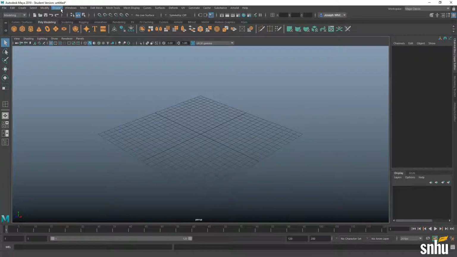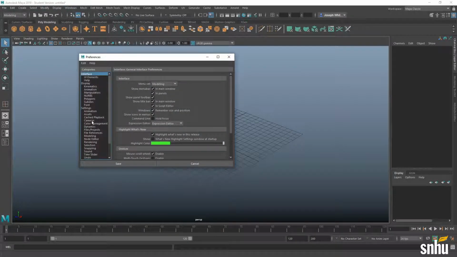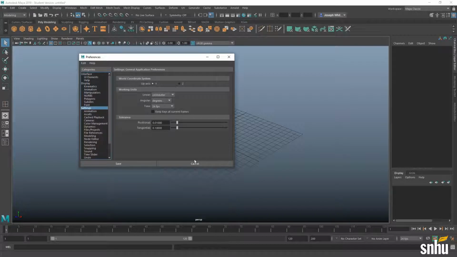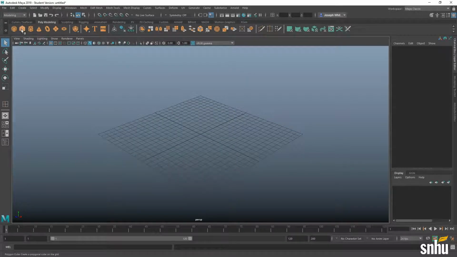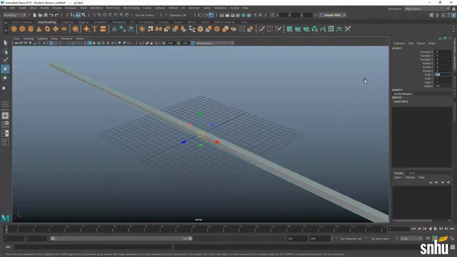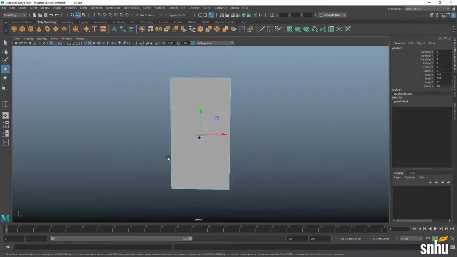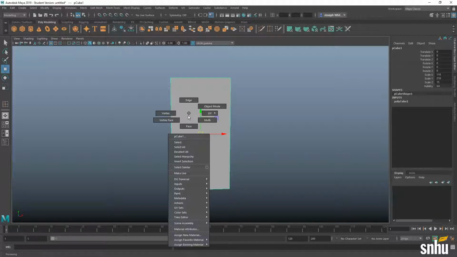So in Maya, we want to go into our workspaces, settings and preferences, and then click settings, make sure we're in centimeter. Okay. And now we're going to create a cube, and in the X direction, we're going to have our X be the 110. The Y is going to be 210, and then the Z is going to be 15, because that's going to be our depth. So I want to follow kind of the same pattern that we did for the windows, so they sort of match.